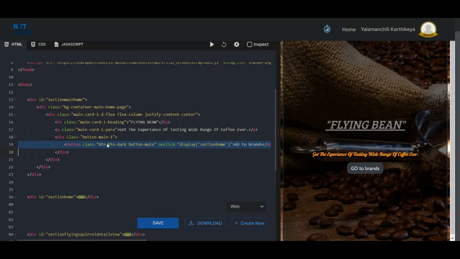See here only I have written with bootstrap only. BTN, BTN dark. And this button main is I want the button to come into the center. That is why I choose that button main selector. Sorry, I want this button to be styled. That is why I choose the selector named button main, and I increase the border radius of the button. And if you see above here, button main one is there. This is because I want the button to come towards the center of the page. That is why I gave the div container a class attribute, and gave the selector name as button main one. And in that rule set, I gave the text align to come to the center.